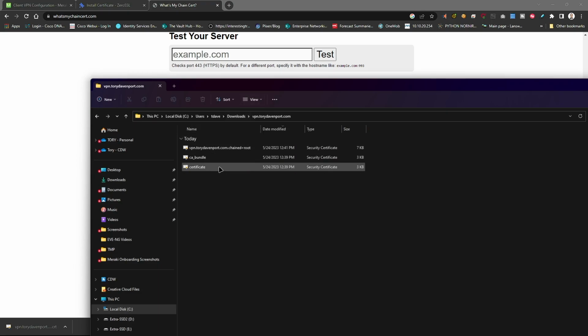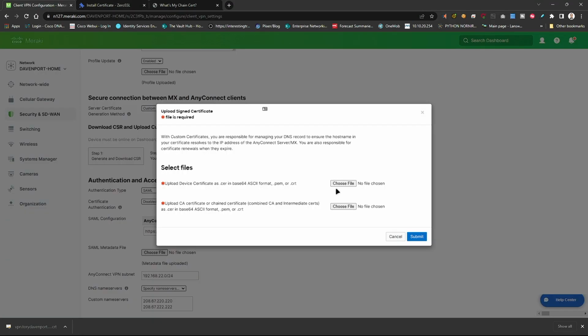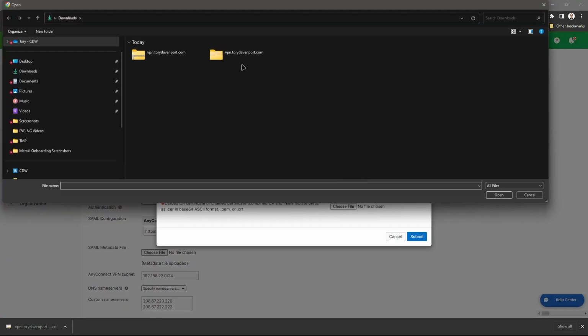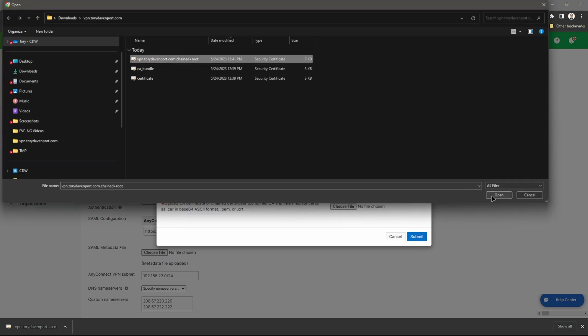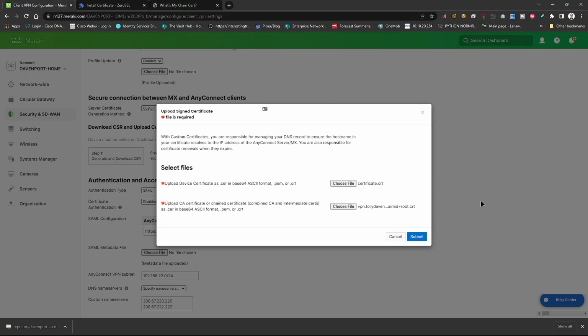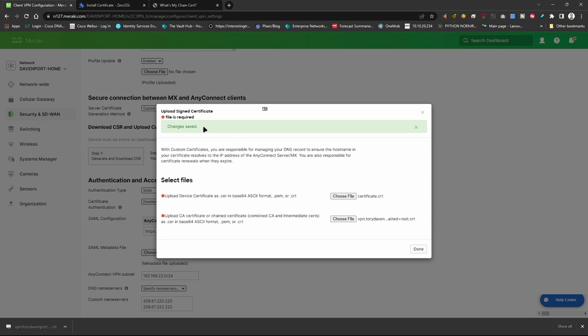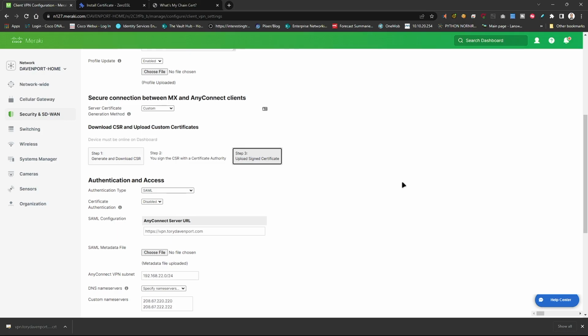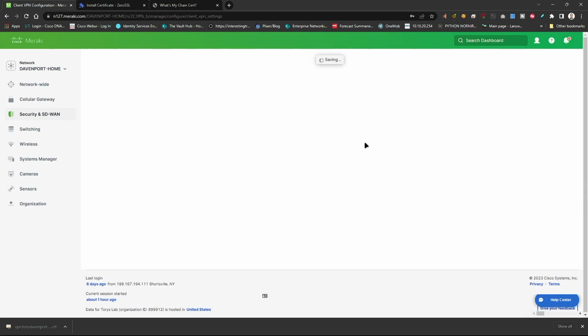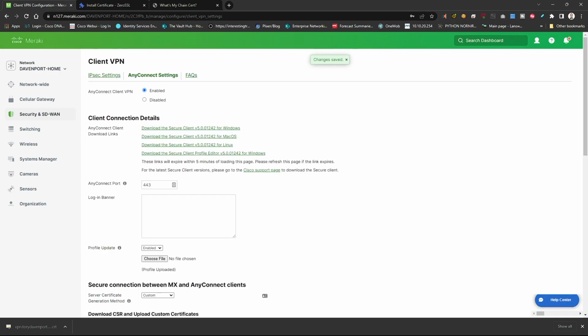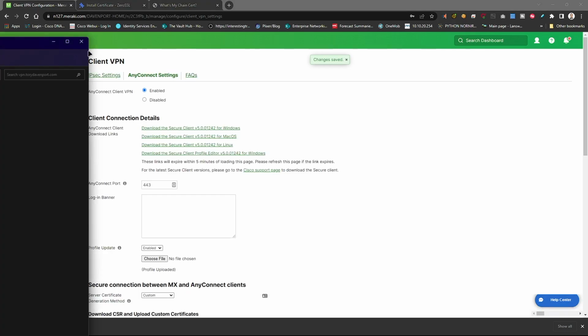And what we're going to upload is this and then this. So we'll click choose file for the device certificate and choose certificate, and then we'll choose file for the chain and use the file that we received from What's My Chain Cert and click submit. Everything goes well. We'll get the changes saved with no errors of any kind. We can click done, and that's really all we need to do to replace the certificate. So for good measure, click save changes at the bottom, and then we can jump over onto my mobile hotspot